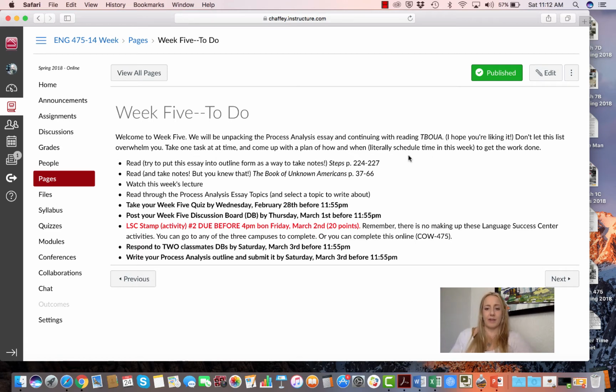So you have a little bit of reading, the student essays in your textbook. You have some reading to do in The Book of Unknown Americans. So for those of you that are slow readers out there, again, you'll want to chip away at that just a little bit at a time. The quinto chapter is only 3 1/3 pages, so that's like a small chapter. So again, if you know you have 10 minutes between classes, or 15 or 20 minutes between classes, you can probably get just a little chapter done. And that's what I find is the most helpful sometimes, is just, again, chipping away at those things.